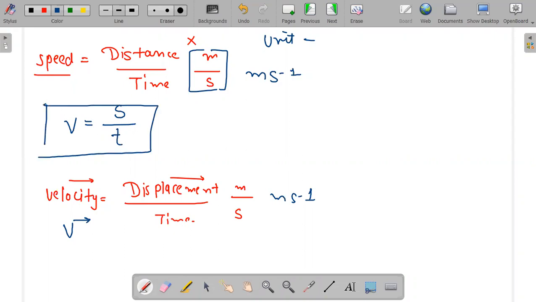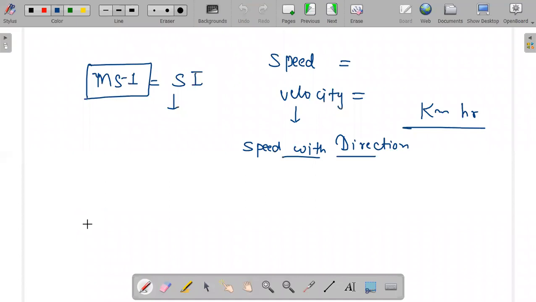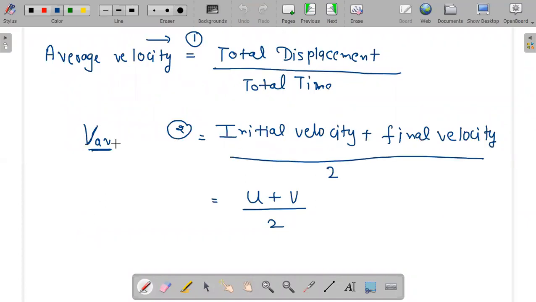This is the formula of speed. V, and V with arrow. This arrow is known as vector. You know this, what is vector, when you are able to know about any direction. Now here I'm writing velocity. Average, so I wrote av here. Initial velocity, the sign of initial is u, and the sign of final velocity is v, upon 2. This is the formula. So you can use two formulas according to the question.